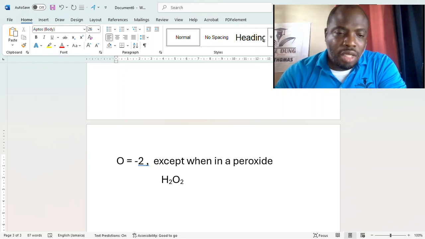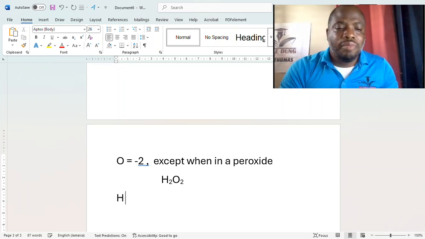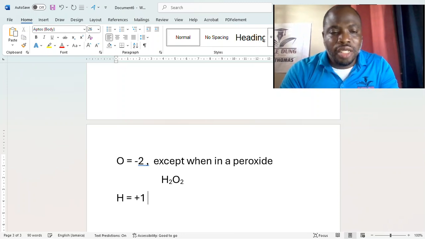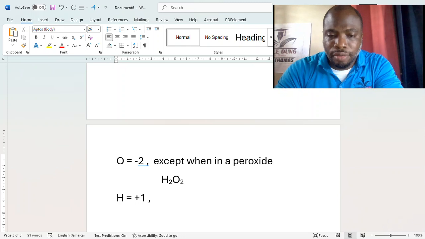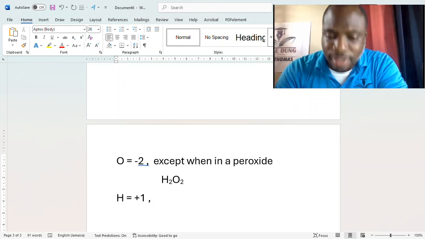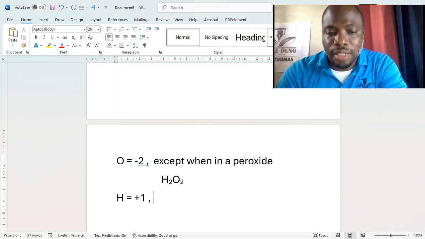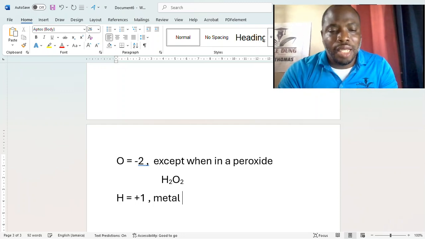Cool. The next one is Mr. Hydrogen. His oxidation state is always +1, unless Mr. Hydrogen is bonded to a metal. When it's with a metal,